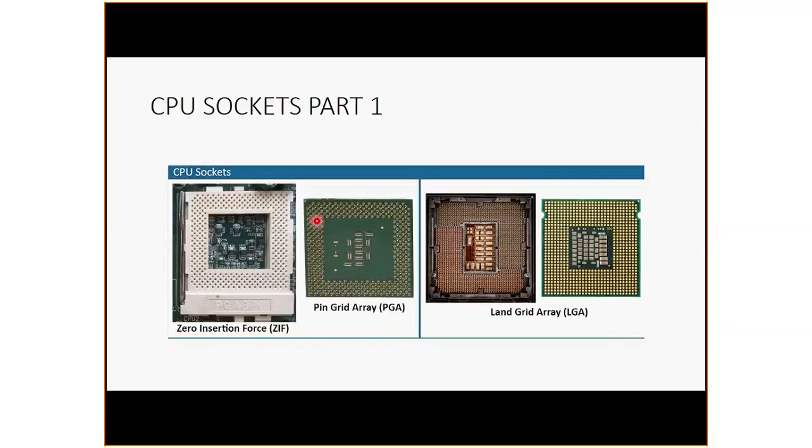So imagine paying thousands of dollars back in the day and then damaging one of these pins, and basically that $1,000 is garbage. It's nothing. You can't use it. So they changed it to the land grid array. So all the pins now are inside the socket. As you can see, these are other capacitors, and